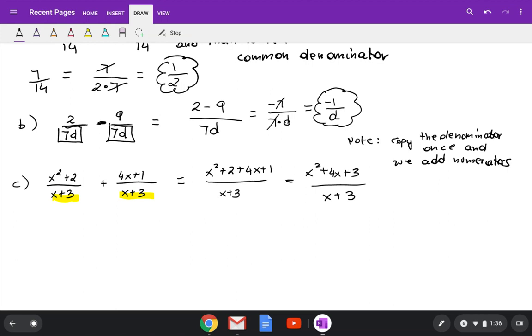Okay, next step here will be to factor the numerator and factor the denominator. The denominator is already factored; x plus 3 is prime. So now what we need to do is factor the numerator. You see a quadratic, which means you will always need to factor that quadratic. The numerator is x squared plus 4x plus 3, so factor